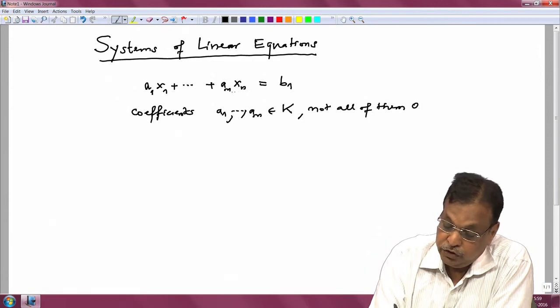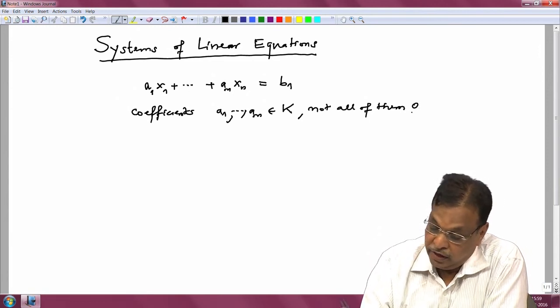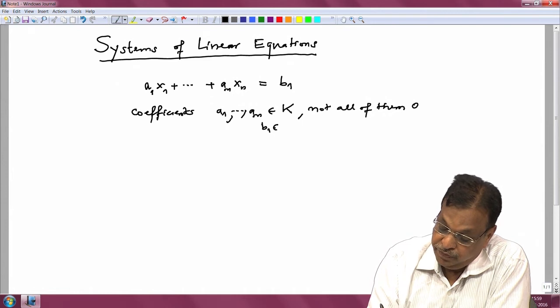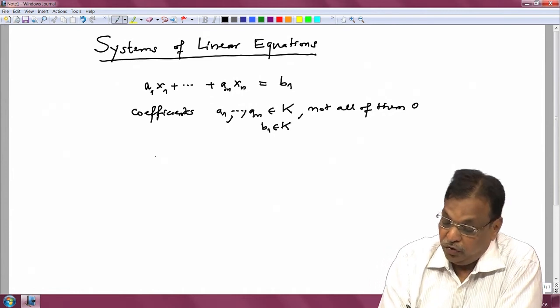So, at least one coefficient is non-zero and b1 is also in K, and we are looking for